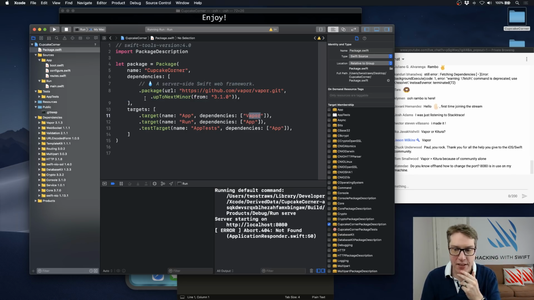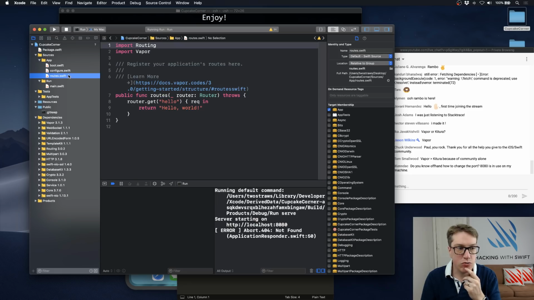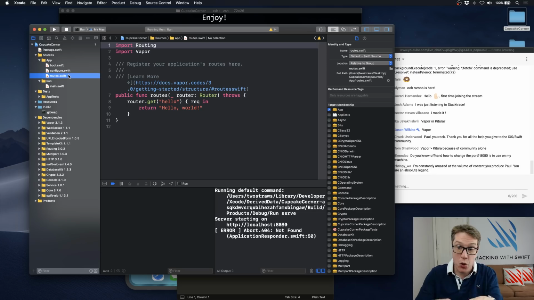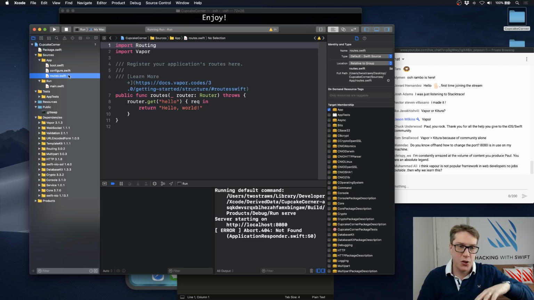We also care about this file here, routes, where we define our routes. And a route is the URL part you want to handle. So hackingswift.com/awards or /100, wherever you want to. That /100 is a route. And you can see here, we have one route matching hello, which is what you saw, and it's just returning hello world. So that's why that route, localhost:8080/hello, that's why you're seeing hello printed out, because it's